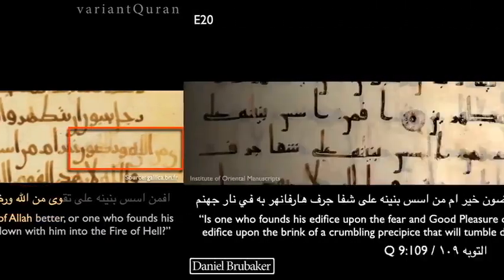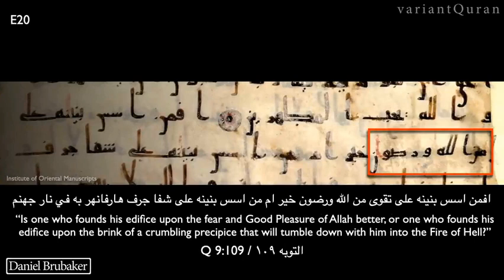This is from E20, and this is in the Institute of Oriental Manuscripts in St. Petersburg, Russia. This verse has, interestingly, a correction at the very same spot. It is a little bit bunched. I am not sure that this is the original scribe who made this correction. And you can see that the text is angled to the right, particularly the upward extenders of the text. There are a couple things that have happened here, but it does look like it's a different ink and possibly a different nib, and I think a different scribe who wrote this corrected portion. And also you can see it's a little bit bunched in, although not terribly so.